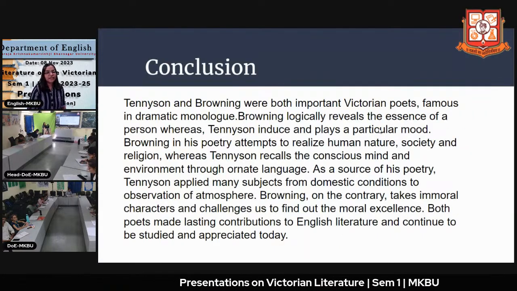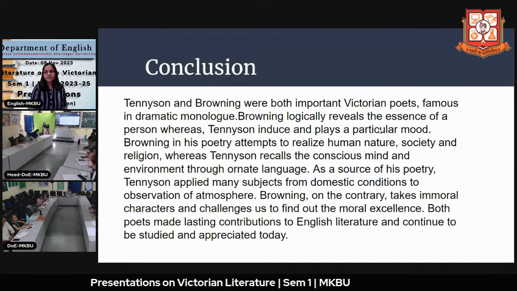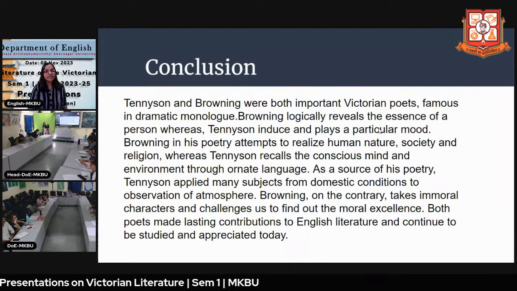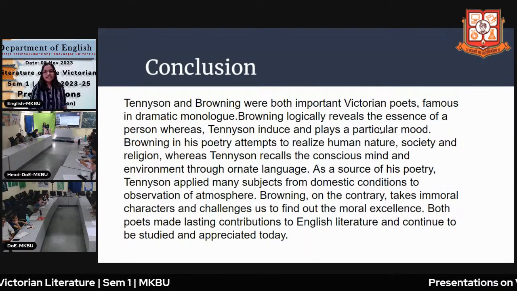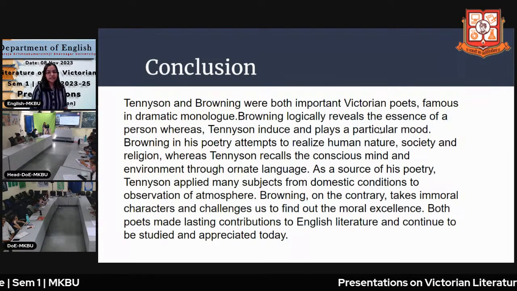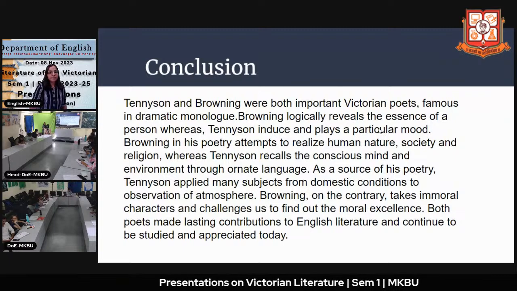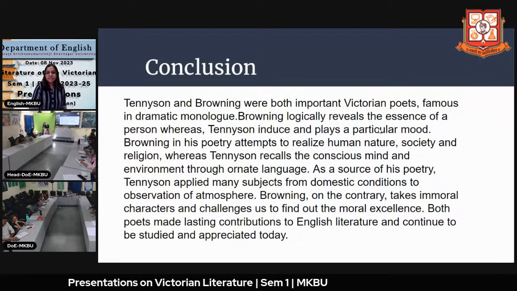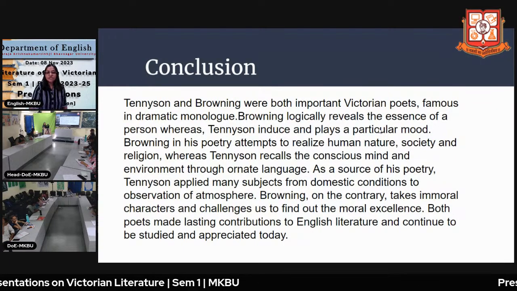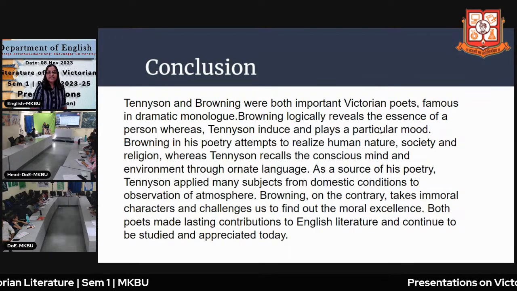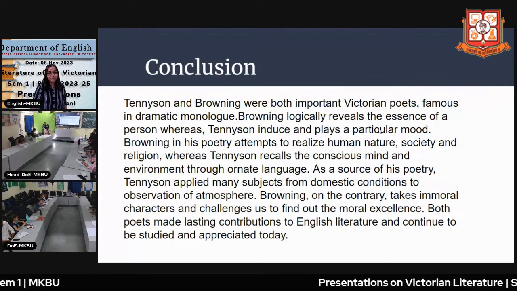Conclusion: Tennyson and Browning were both important Victorian poets, famous for the dramatic monologue. Browning logically reveals the essence of a personality, whereas Tennyson plays a particular mood. Browning, in his poetry, attempts to realize human nature, society, and religion, whereas Tennyson recalled the conscious mind and environment